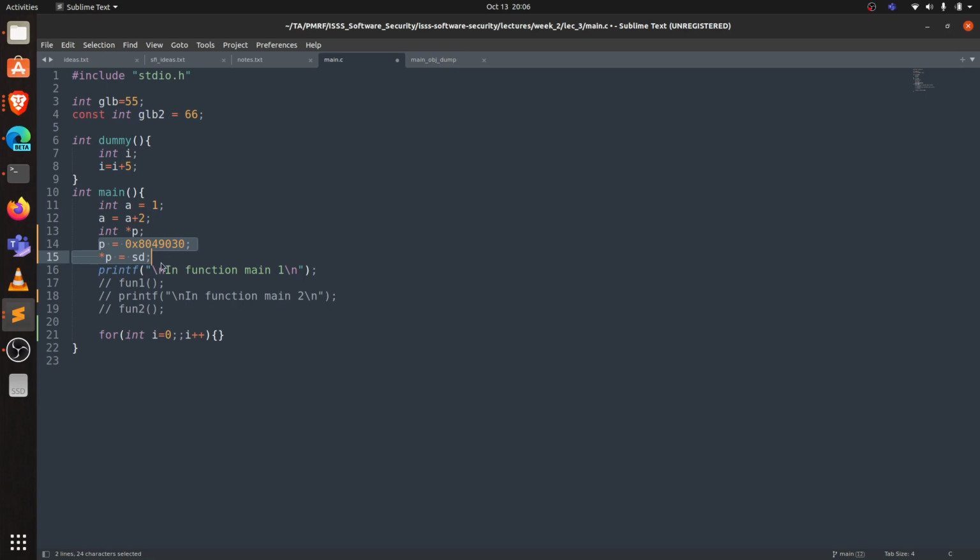Because of this my program will stop, and it will say some page fault error or some memory